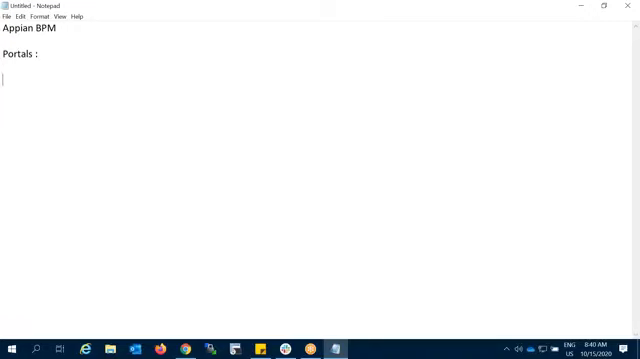Portals in Appian are nothing but different interfaces, because there is an end user, a developer, and an admin. So we have different users, and they have different portals. Who can access admin, who can access designer, who can access tempo, and what is in tempo and what is in admin, we'll see. Generally we have four types of portals: